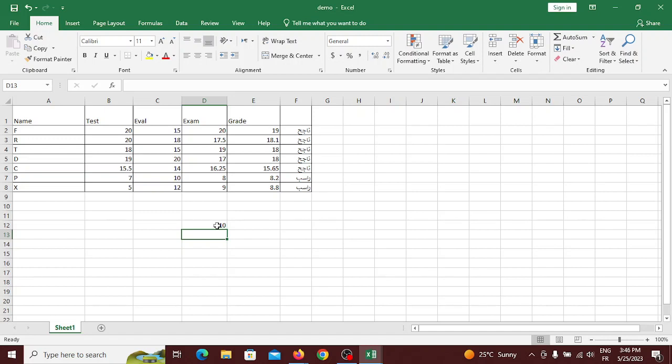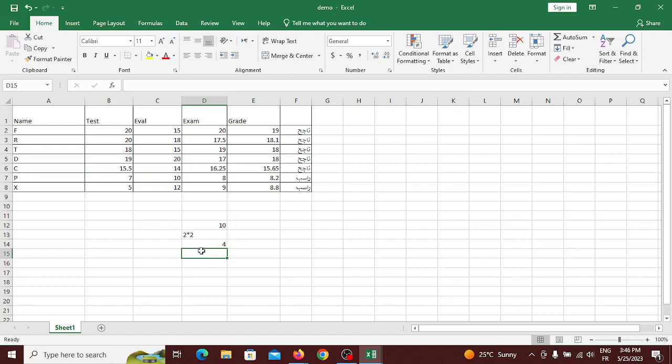Okay, it calculates the result of what I've written of the arithmetic operation. Okay, let's go for example 2 times 2. Nothing changes, but if I write equal sign and then 2 times 2 gives us 4. Okay,